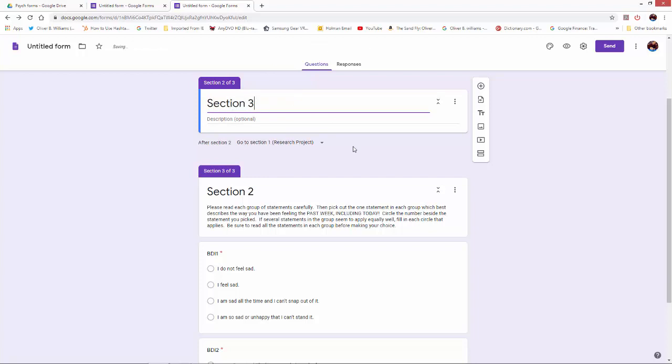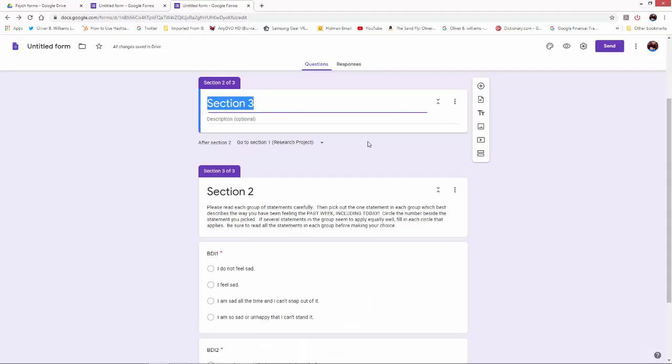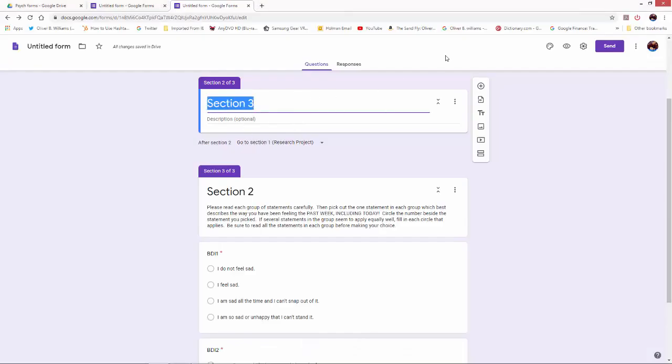3, and I'm going to open up this other form now. This is called the PANAS, the positive and negative affect schedule. In this one, I'm just going to call it section 3, which is what we've done, and then I'm going to put in here the instructions. Indicate how you have felt over this past week. Now, here's something I'm going to try. I'm not sure if this is going to work or not, but based on this, I'm going to say